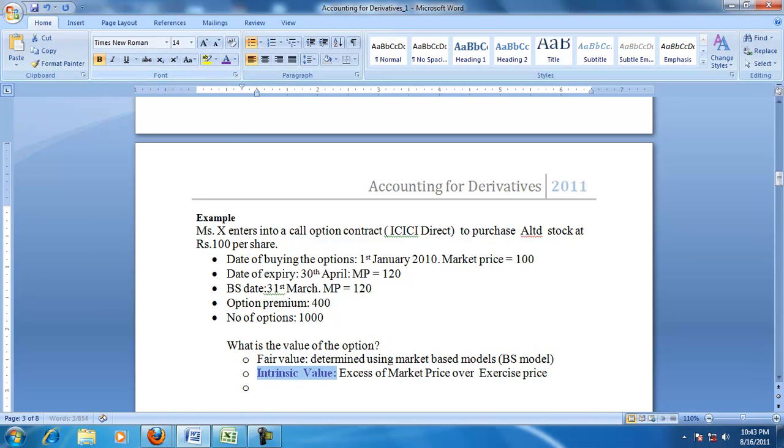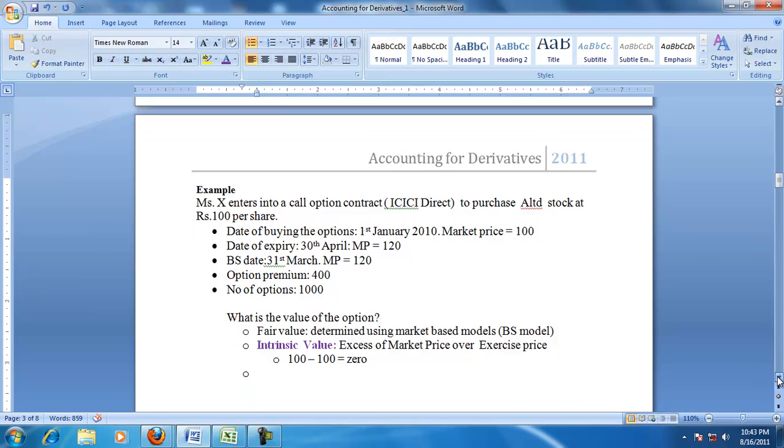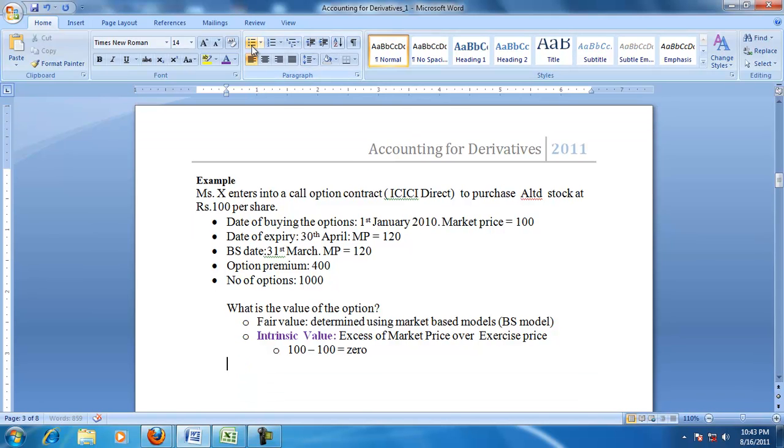So if you see in this example, suppose we use the intrinsic value method. So the value of the option is 100 minus 100, which is 0. There is no value because the exercise price is equal to the market price, so